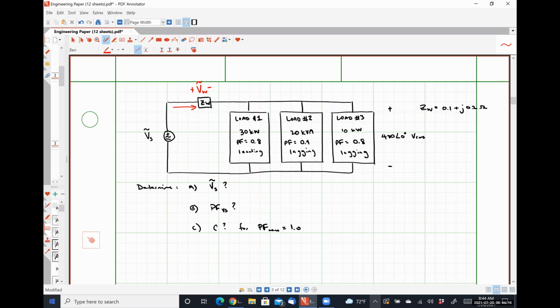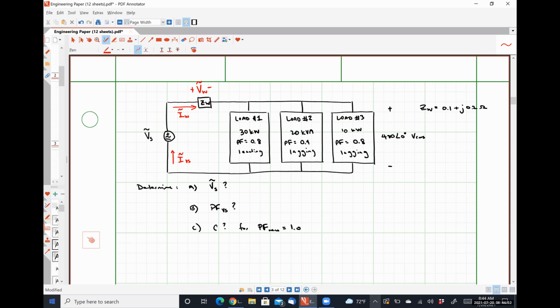There will also be some current, IW, flowing through my transmission line impedance. And then that current will split among the different loads. That same current is the current flowing through my voltage source. So it looks like, to answer part A,